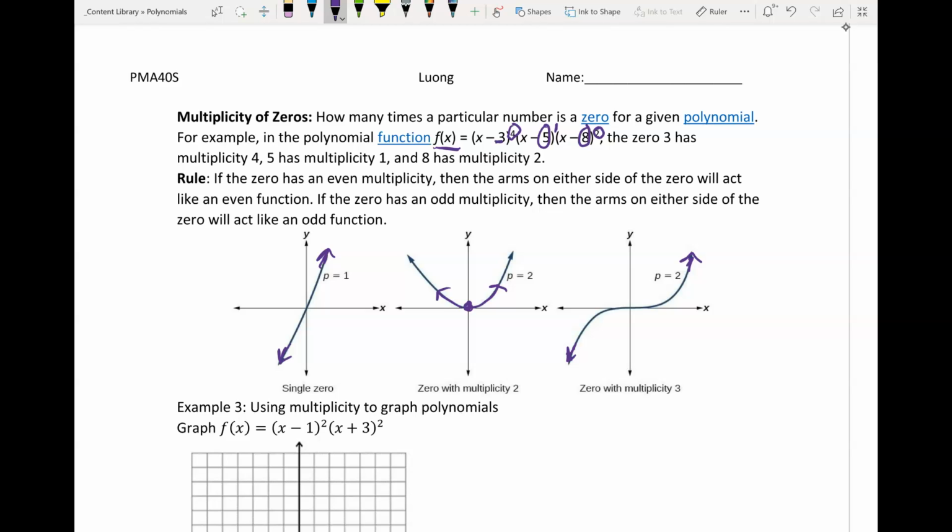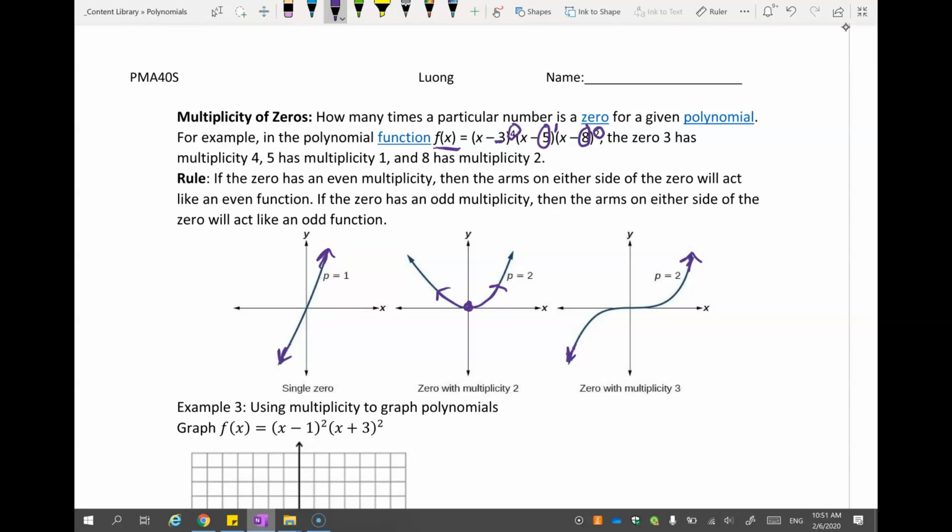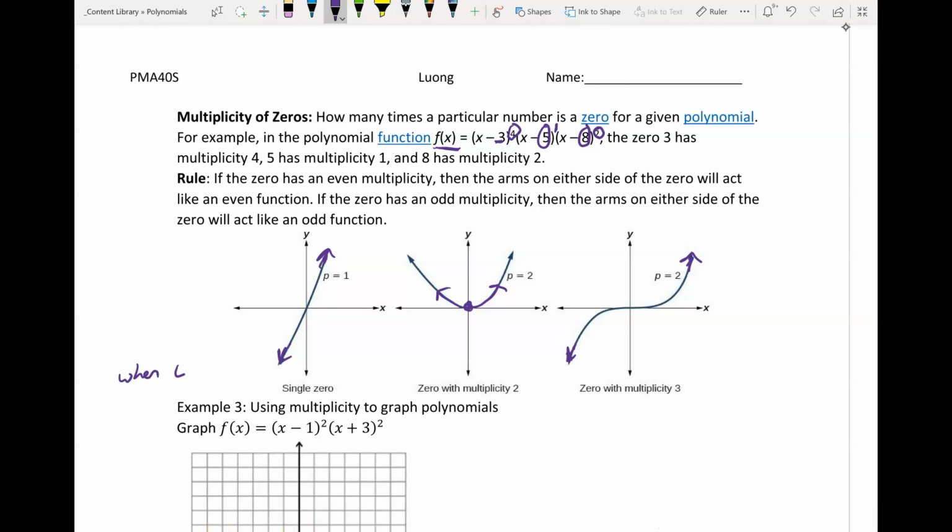Also, how you are drawing your graph when it hits through the zero is very important as well. So this one is when you have a multiplicity of 1. It should look like a linear graph going through the zero. So this is your zero because that's where you hit the x-axis. And when you go through it, it looks like just a linear straight line because it has a multiplicity of 1. Now when you have an even multiplicity,